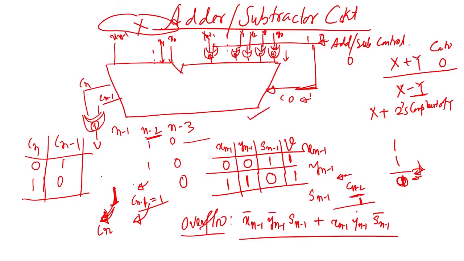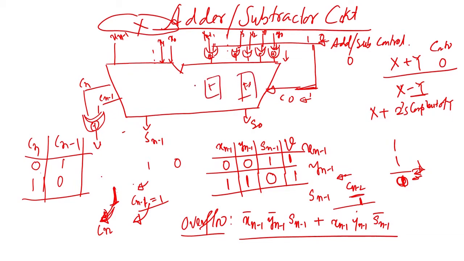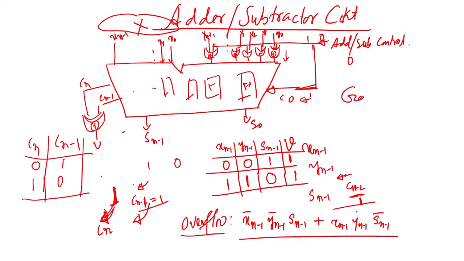Now, for this circuit we will analyze the gate delay. What will be the gate delay to get the final sum? Here the sum will come as S 0 to S n minus 1. Inside, you have the full adder, right. So, for n bits, how many gate delays will there be? Carry out, this will be C 0. You have a full adder here, a full adder here, a full adder, a full adder, and so on. So, how much will the gate delay be?